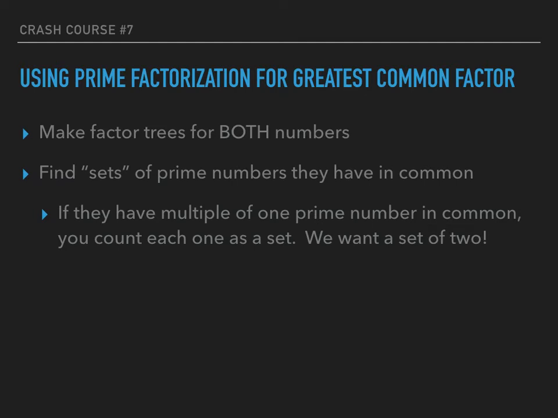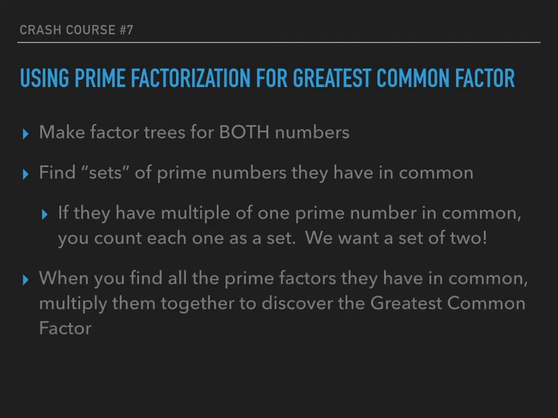So what I mean by that is if they have multiple of one specific prime number in common, you count each one of a set as a set, and we count them as sets of two. So we're finding pairs of the same number that equal one set. When you find all the prime factors that they have in common, you're going to multiply them together to discover the greatest common factor. So let's take a peek at an example to see how this actually works with two